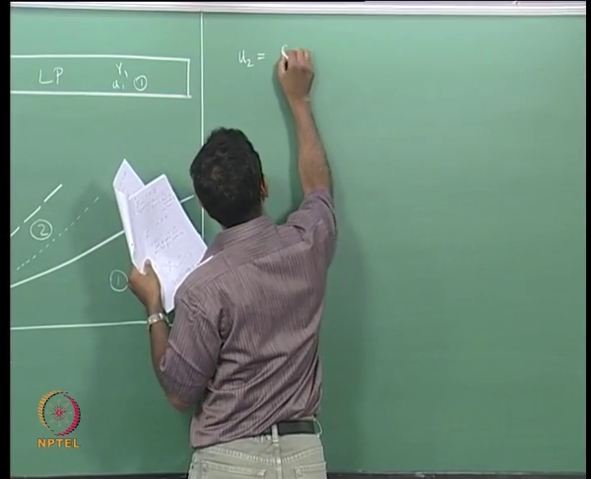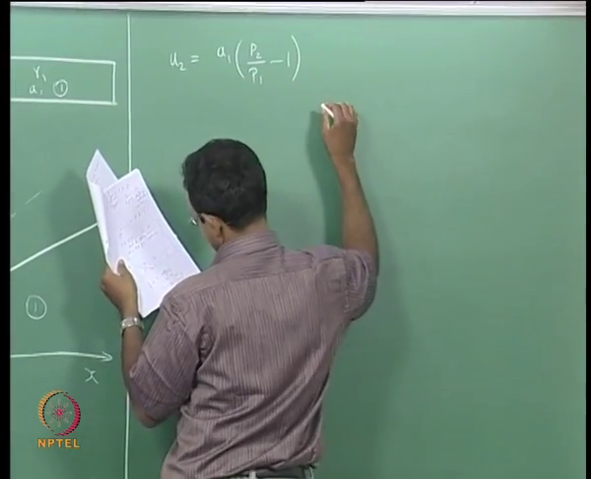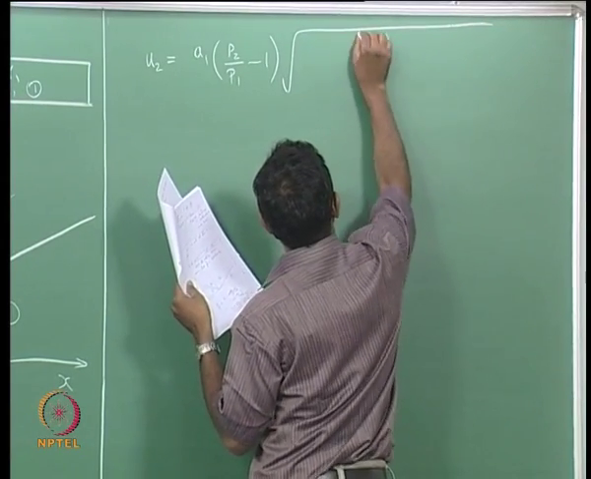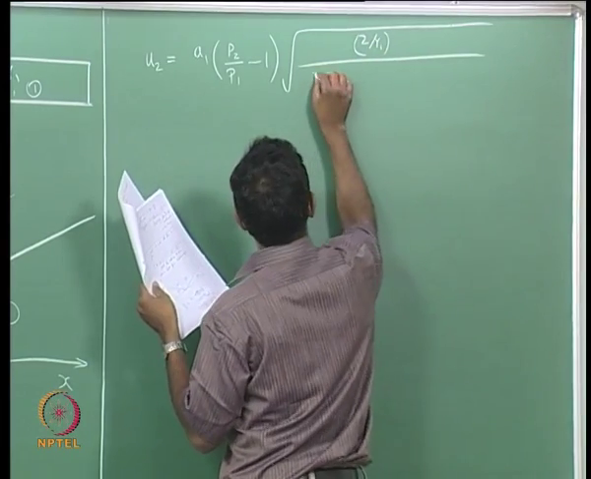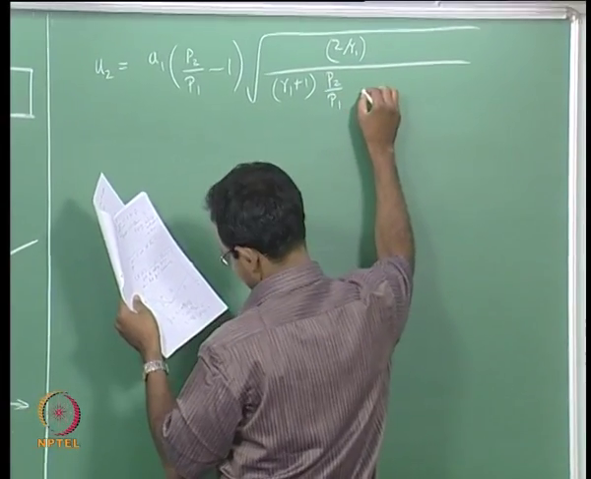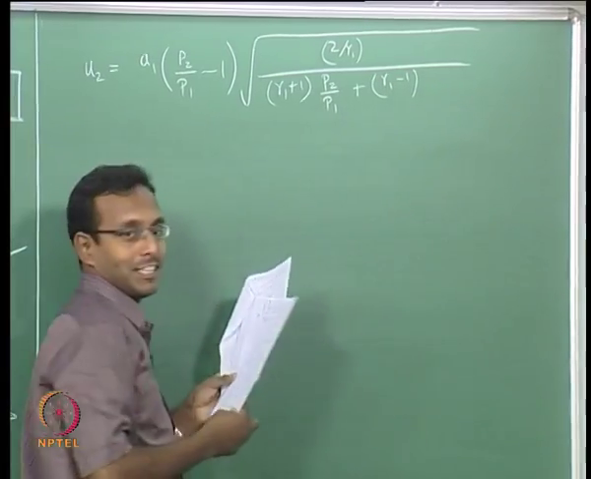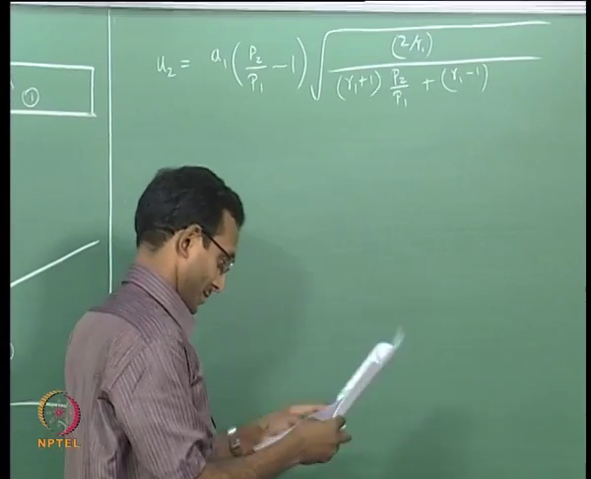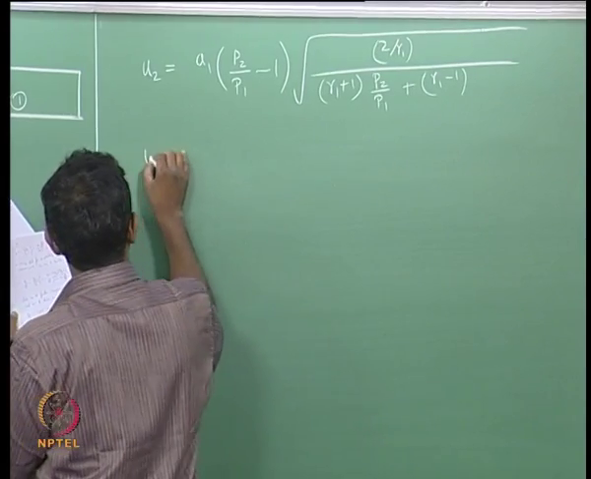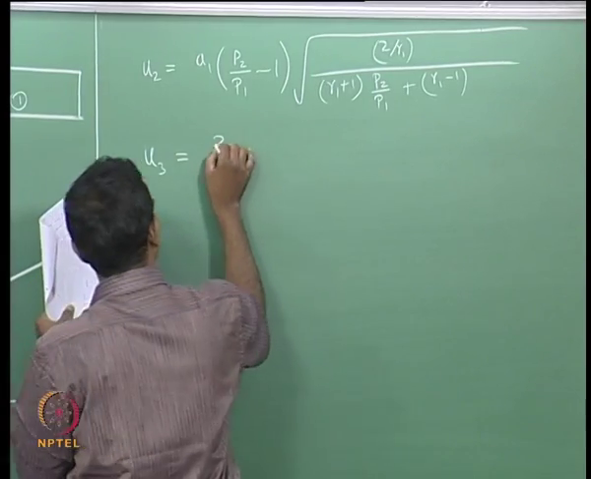u2 is equal to a1 times p2 by p1 minus 1. I have done some rearranging of terms which I do not want to discuss here. I believe you can get to this point with a little bit of algebra, it is not very complex. If you look at the formula there, it will be easily rearrangeable to this form, not very difficult. Okay. This is coming from the moving shock expression. Now I will write another for u3, the expansion side, okay. And that expression,